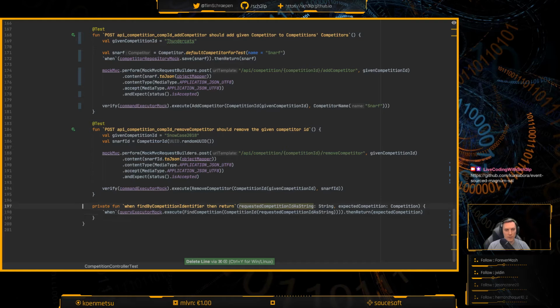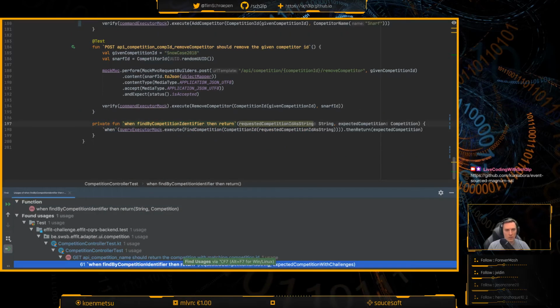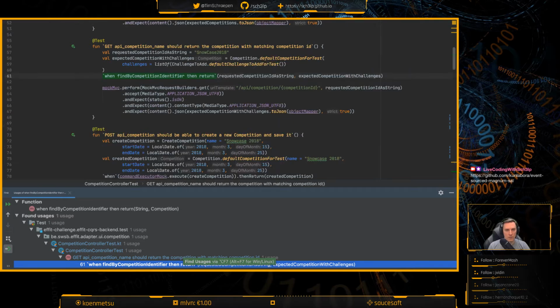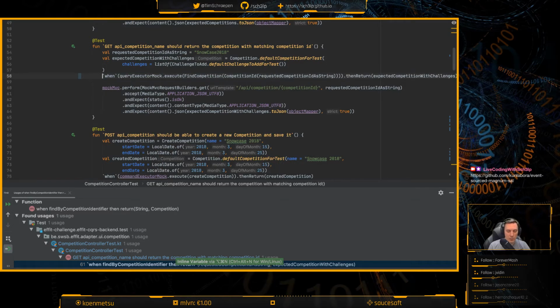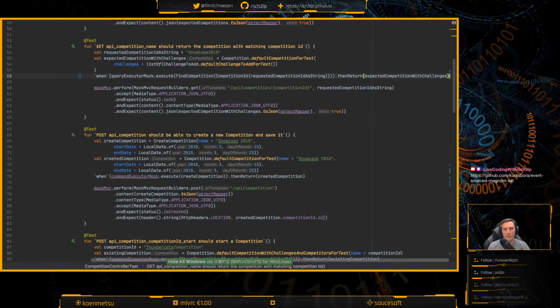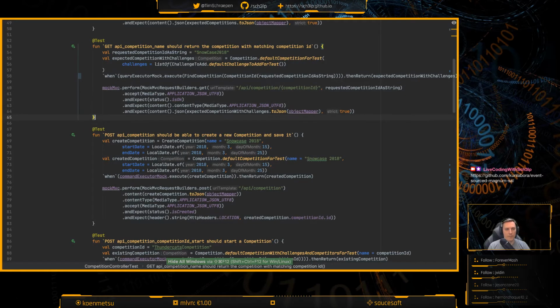I think that should make this unused as well. No? Ah, okay. So there's only one place where it's being used now, and that's in the get. So we can just inline this and remove the function. Cool.